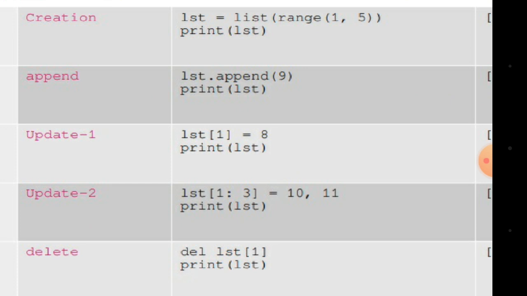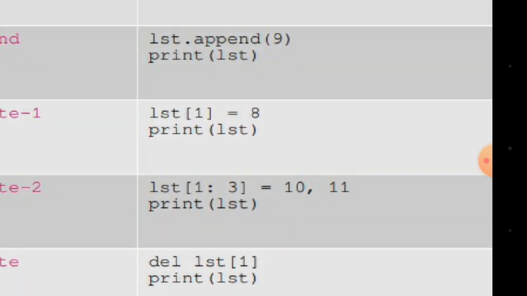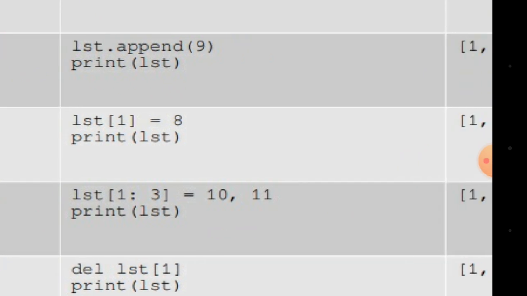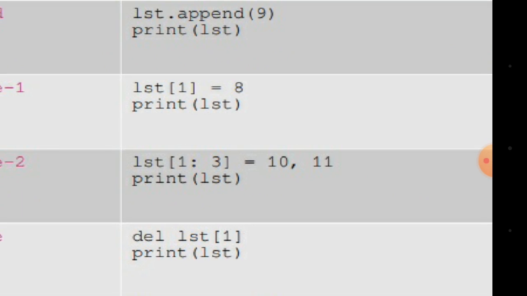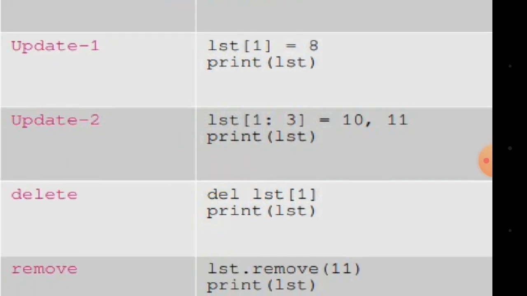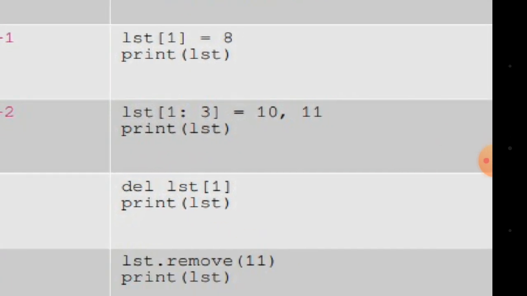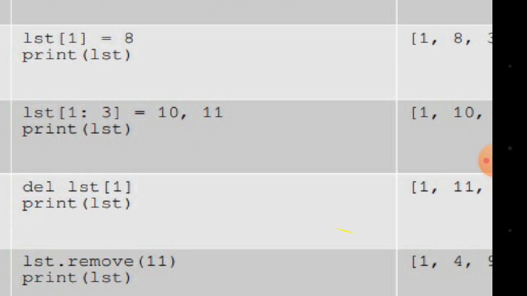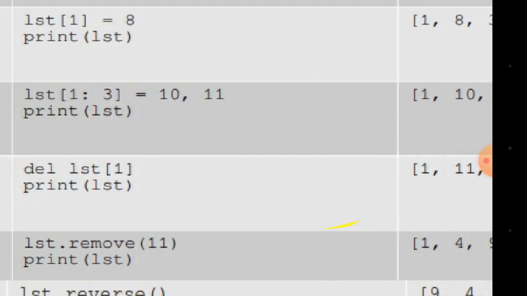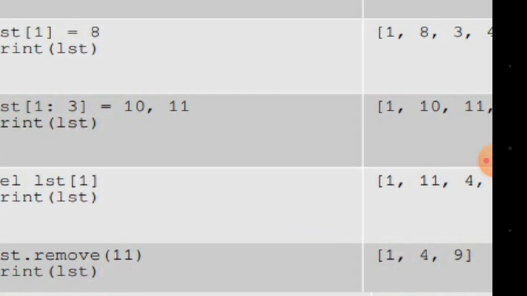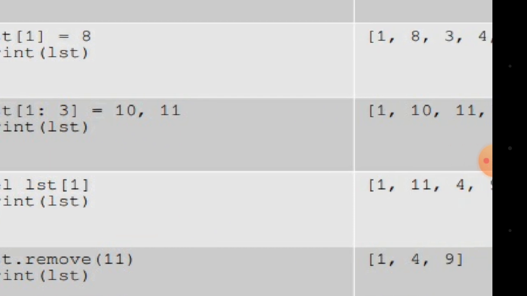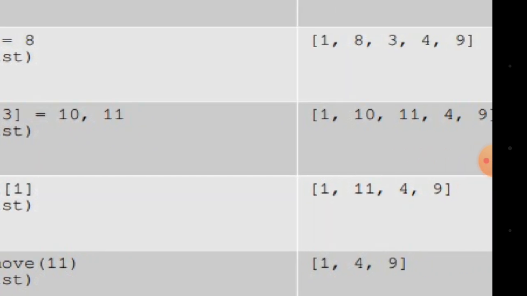This is another method for updation, with starting value 1, ending value 3, and values 10 and 11. So these are the methods for updating values in the list. Delete: if we want to delete a particular element, we can do it using the indexing value. If we want to delete the first element, here you can see the first index is deleted, and it starts 1 11 4 9.